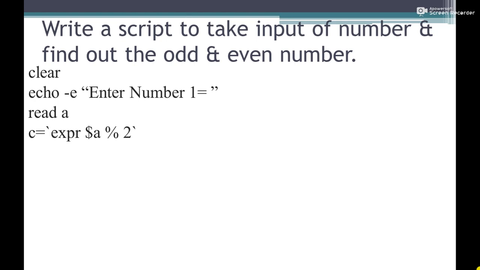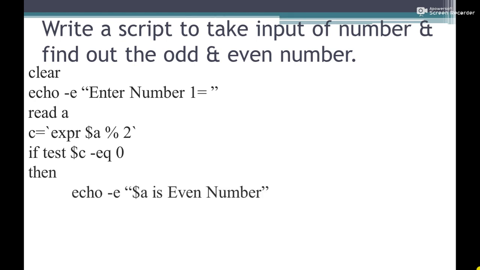For this condition, whether c contains 0 or not, we will use the control structure if. So we will use the if condition, that is if test $c -eq 0. That means if $c is equal to 0, this condition is true, then it will display the then statement, that is echo -e "$a is even number".